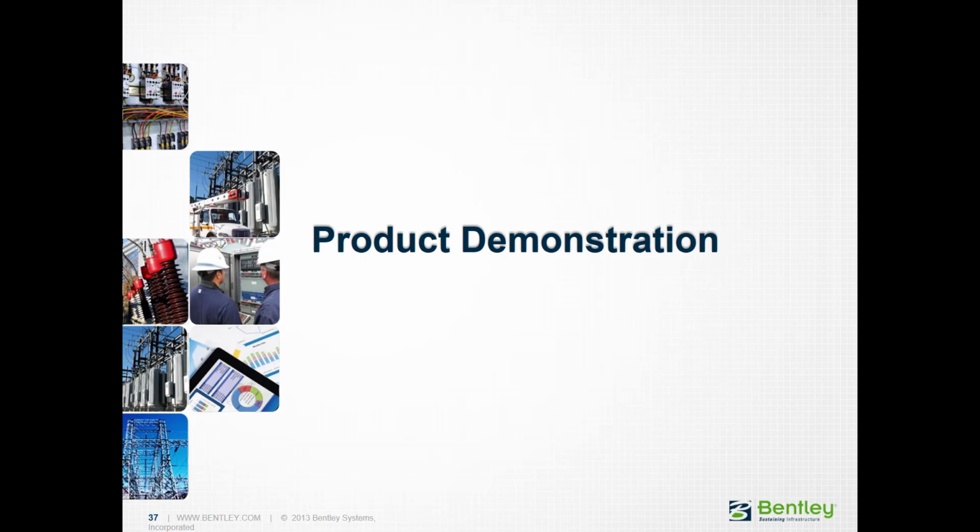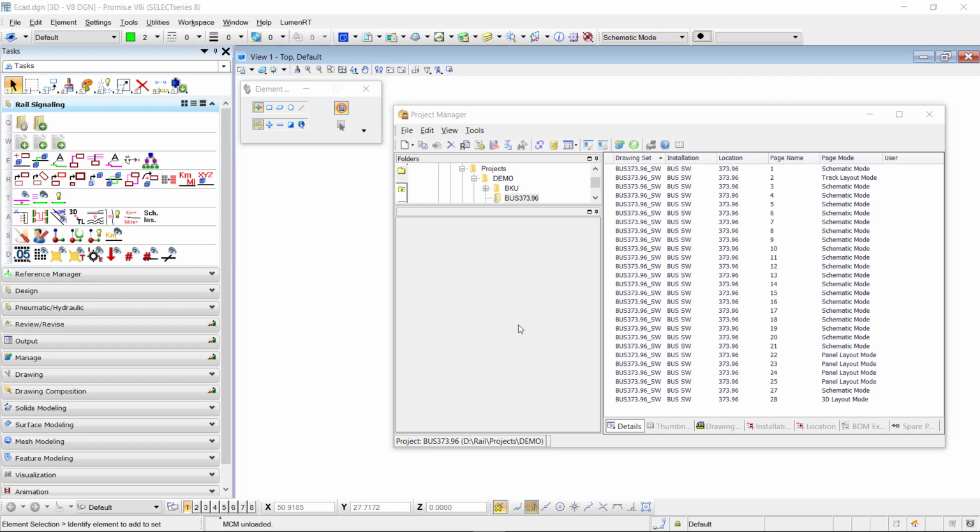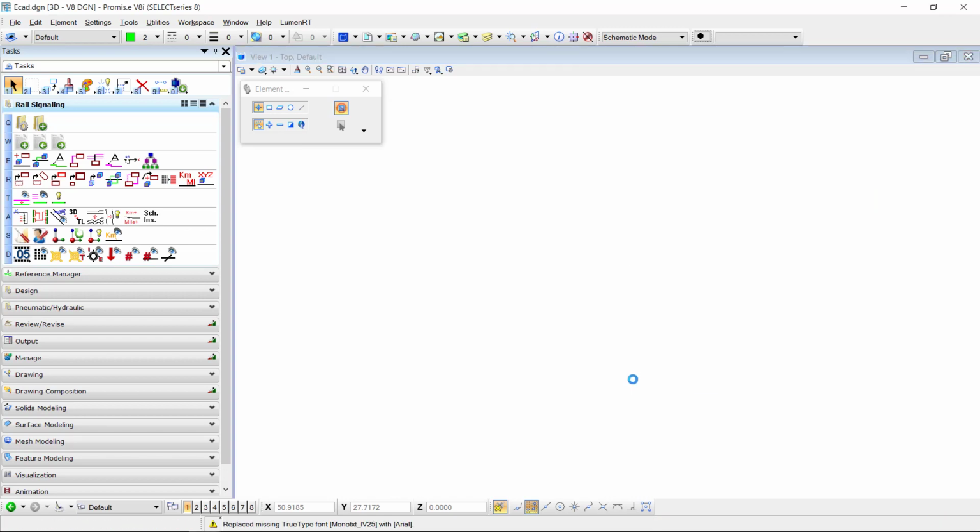Now we will move over to the product demonstration. Let's take a look at an existing project. My project has schematic diagrams, panel layouts, a track layout, and a 3D model. We'll start in the 3D model, so if you open up that one,